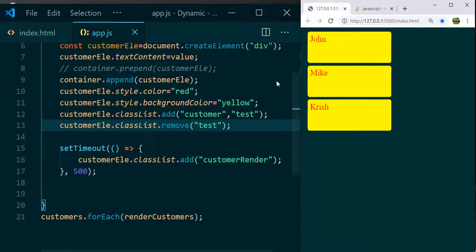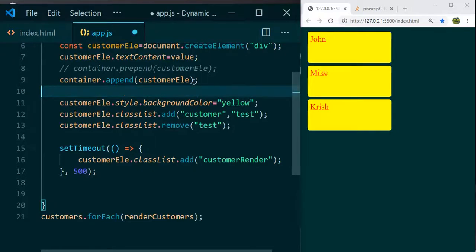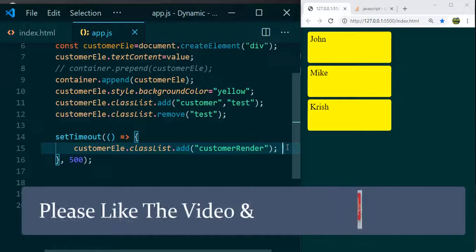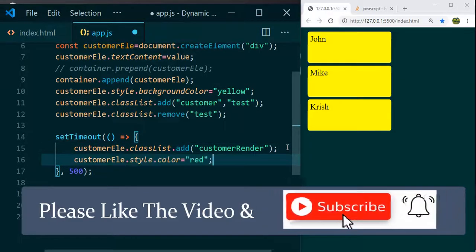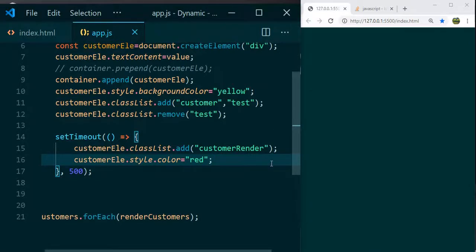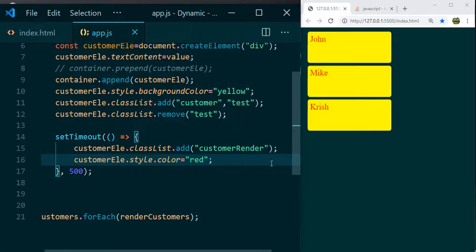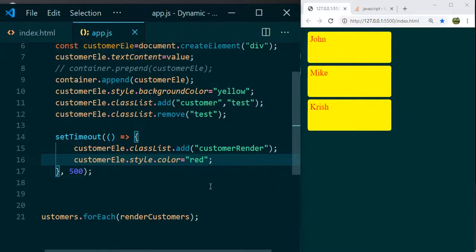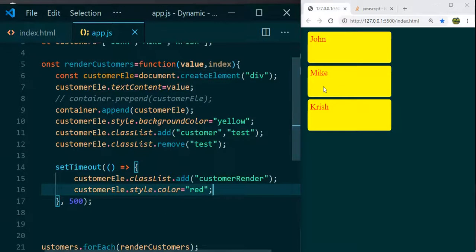We can even change the color also. If you want to change the color, the basic color is black, and if you want to show it here, if you add it here, you can see it will change from black to red. Whenever I save it, you can see it will change from black to red. So here I am saving it, keep on saving it. So this is how transition works. If you want to add any transition, you can add it like this using setTimeout.